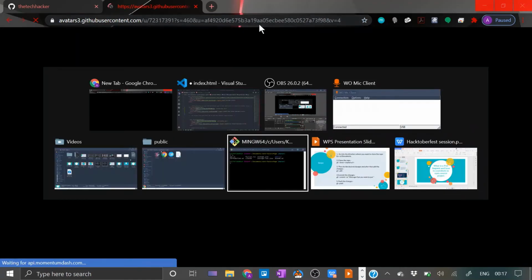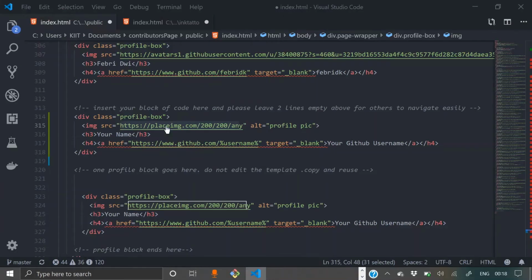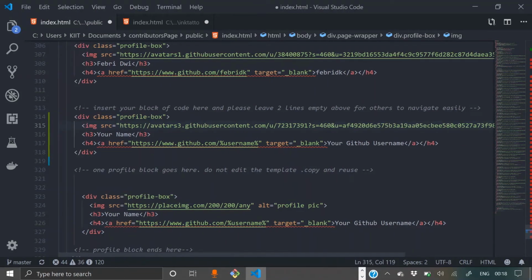So you need to copy that image address here in image src. This is basically the source of the image. Image src is the source that you provide, the source of your profile pic. Your name, let's suppose I'll write here the tech hacker.